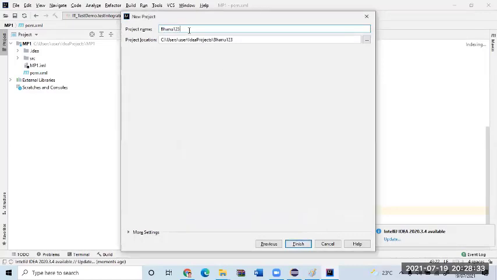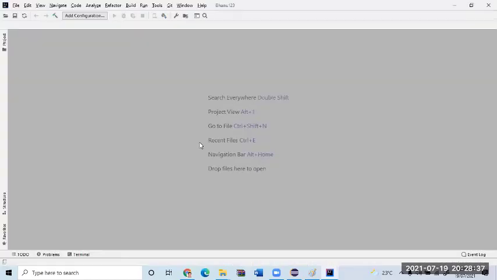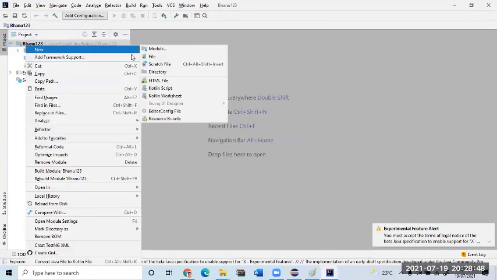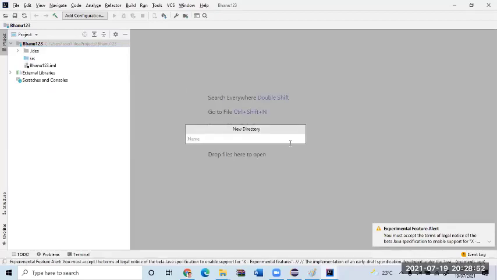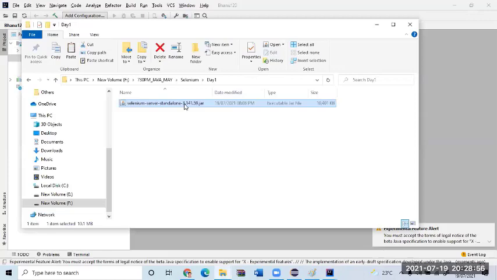And what you can do is just create one folder and copy paste it.